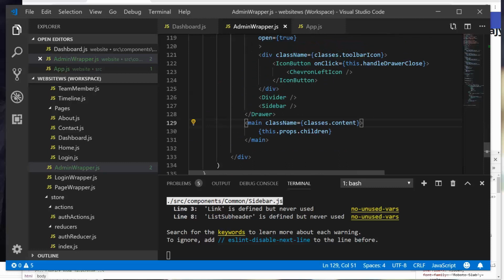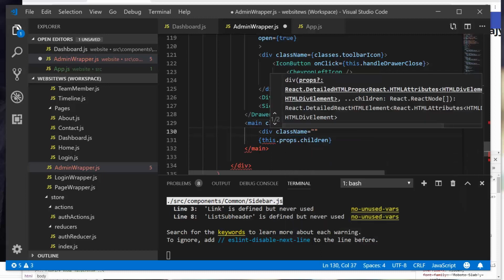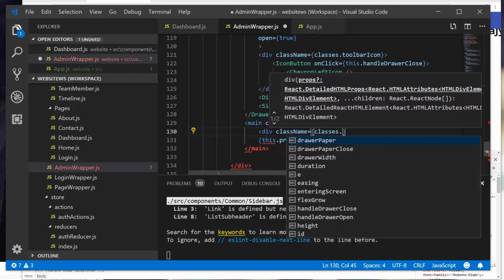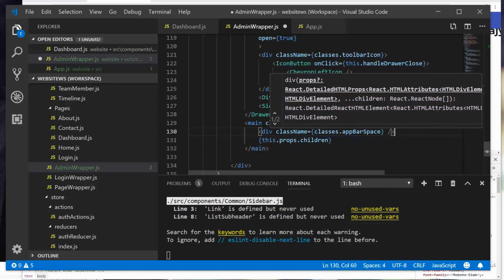The first child element of main is going to be a div, and the class name will be classes.appBarSpacer, and then we'll self-close this div